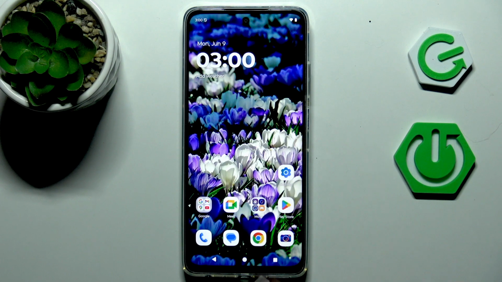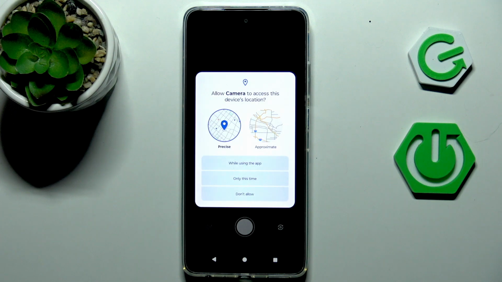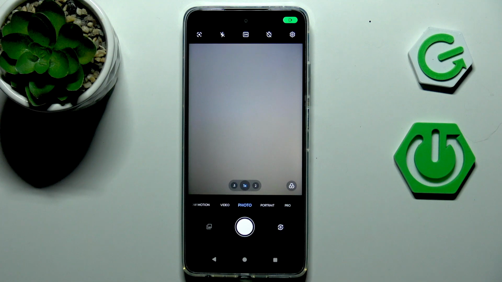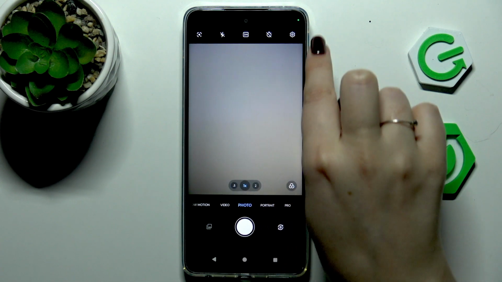So let's start with opening the camera app and just give the permissions it needs or you want to add. And right now we are in the standard photo mode, so we can take a look at this option bar,